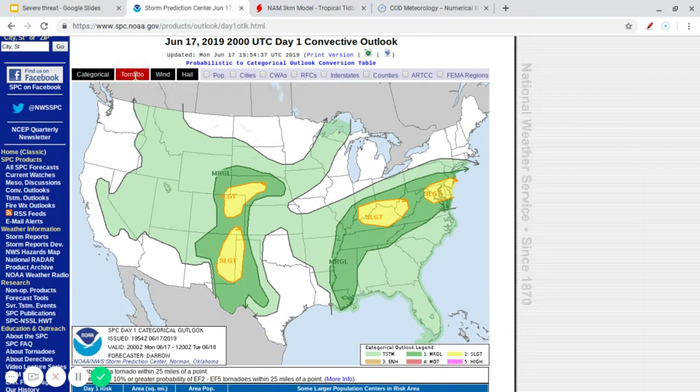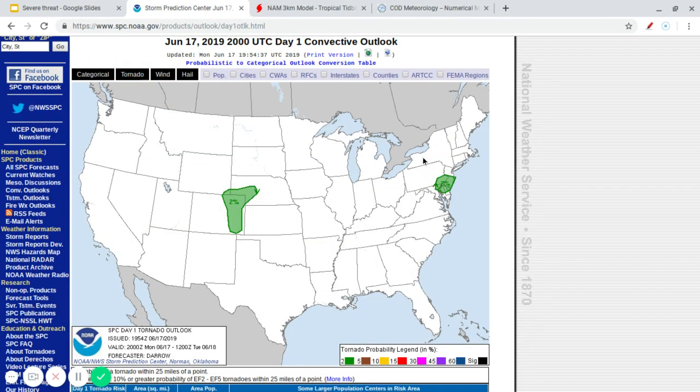I know there are a few tornado warnings right now. There you go. There's a 2% of tornadoes over there and here, and there's a 2% of tornadoes in Nebraska, Wyoming, and Colorado. And that's where I think right here is where the tornado warnings are right now. I'm pretty sure. Or they were 15 minutes ago. Wait a second. Oh, thank you, David Schlotthauer.